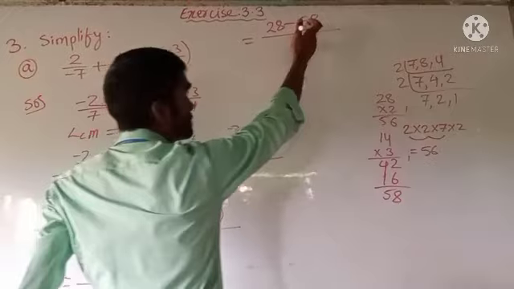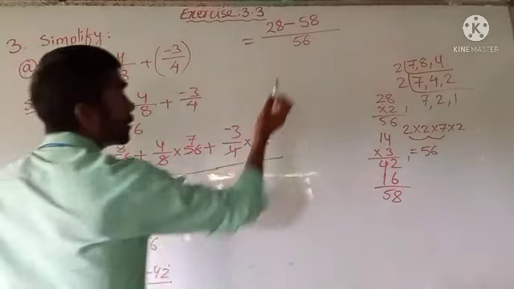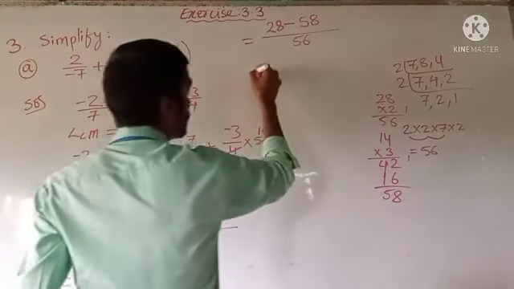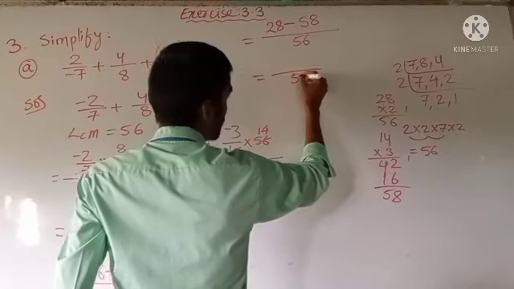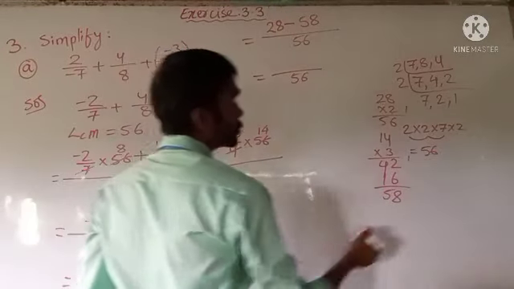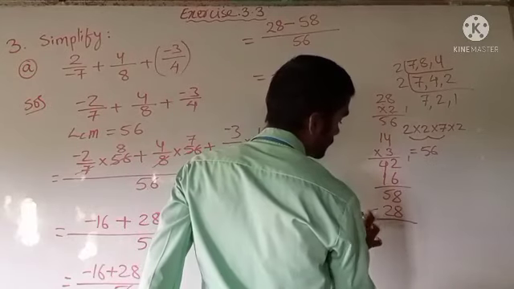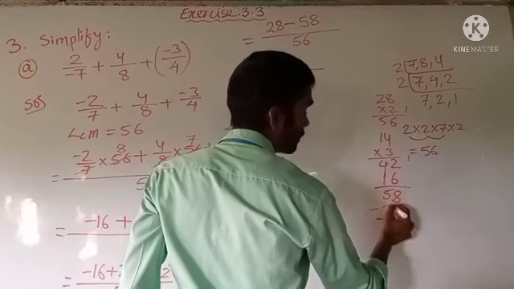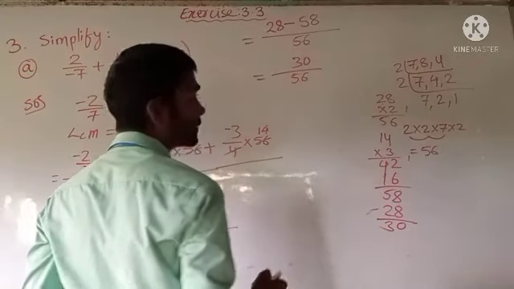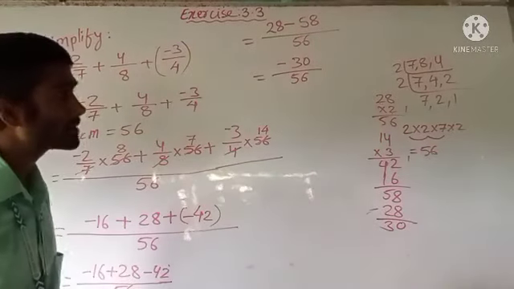So I have done the same thing, that means I have added minus 42 and minus 16 and wrote the sign of the greater integer, that is minus. Now here the sign of 28 is plus, so plus into minus is minus, so 58 minus 28. Let us subtract it. 8 minus 8, 0. 5 minus 2, it is 3. So we got 30, and the sign of the greater integer is minus. 58 is the greater integer and the sign is minus there.